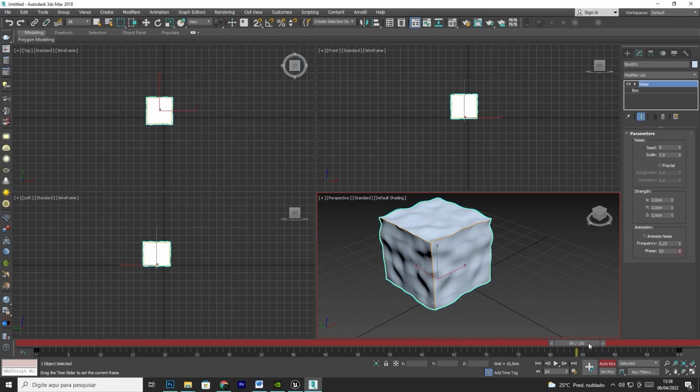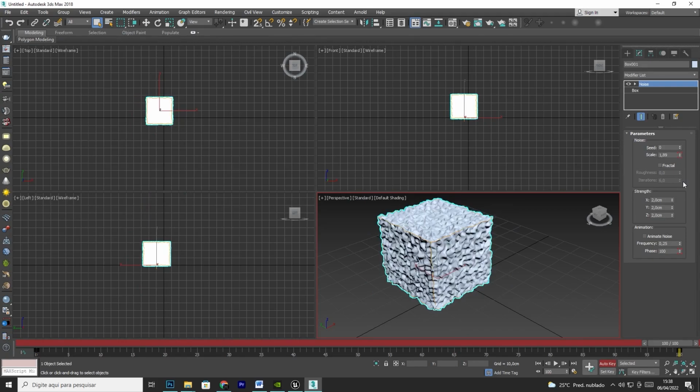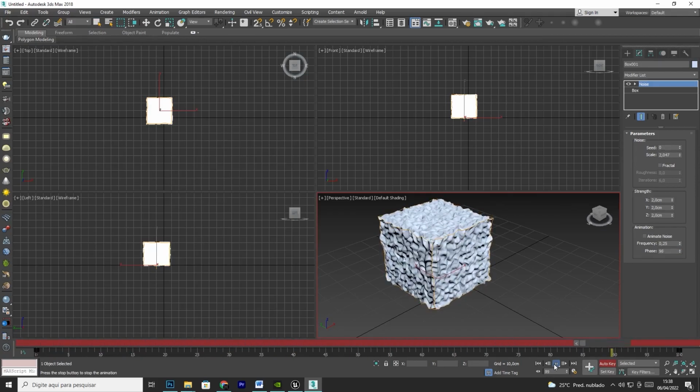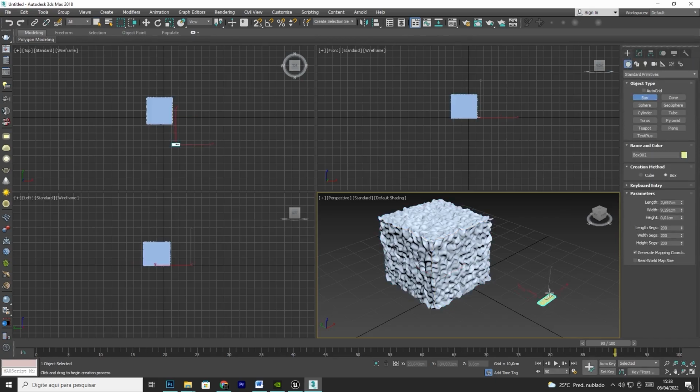Okay, let's see. 0 to 100. Let's see. We're going to increase, actually decrease a little more here. Okay. Look at this. Look. From 0 to 100, we're going to decrease. This type of modifier, the geometry, or this type of modifier in the geometry,